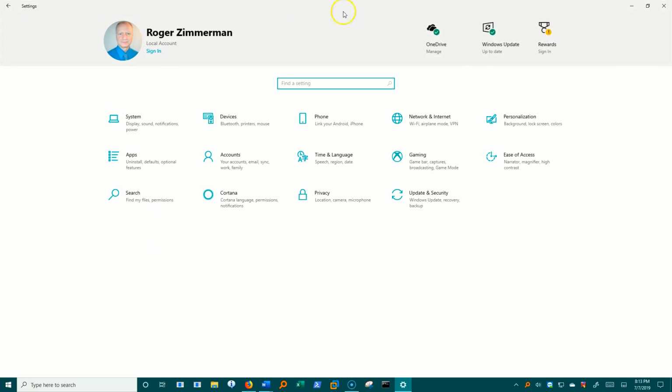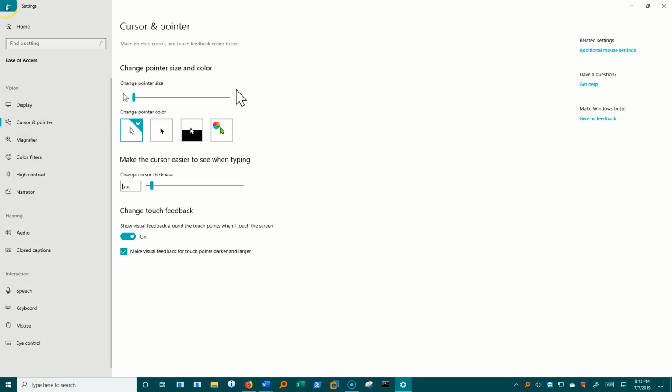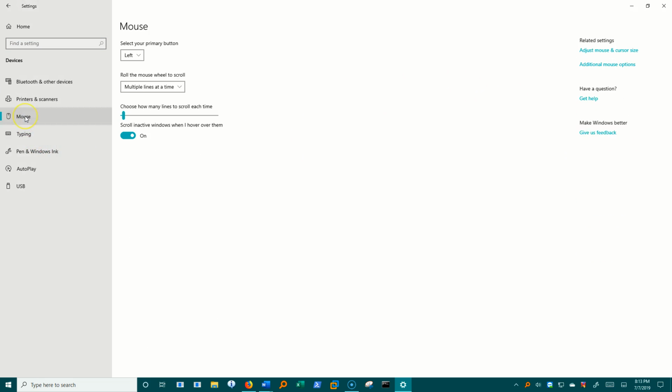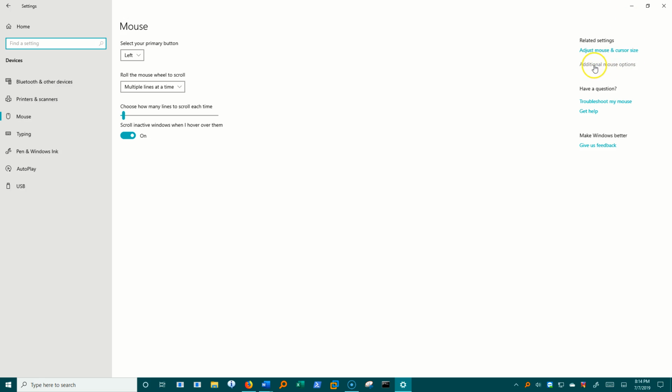So let me go back to home, Ease of Access, and cursor and pointer size. Now let's go back here for a moment to Devices, Mouse, and click this guy up here, adjust mouse cursor and size. You can see it takes me to that same spot. I'm going to back up again, and this time we have something called additional mouse options, and this one will